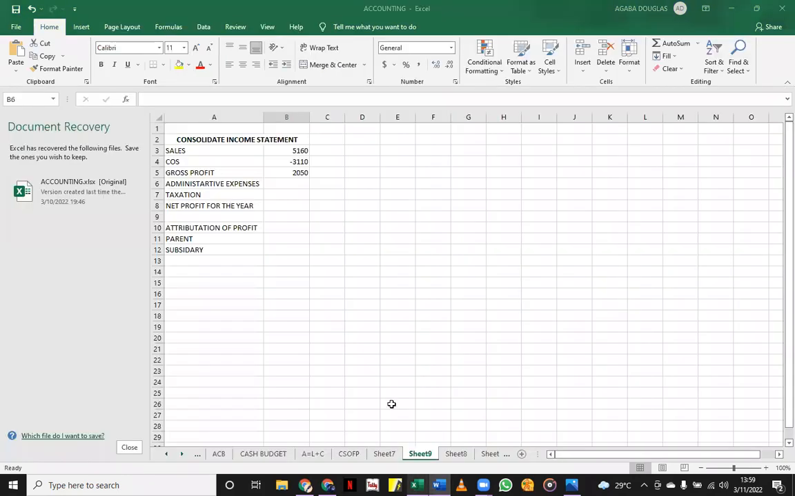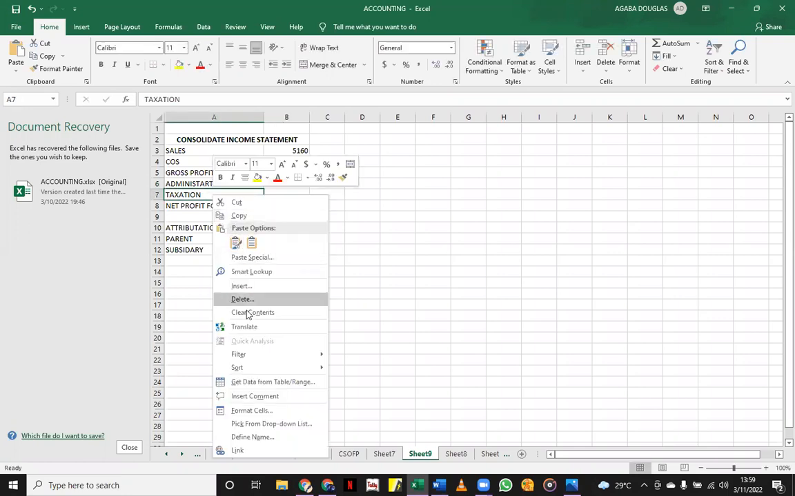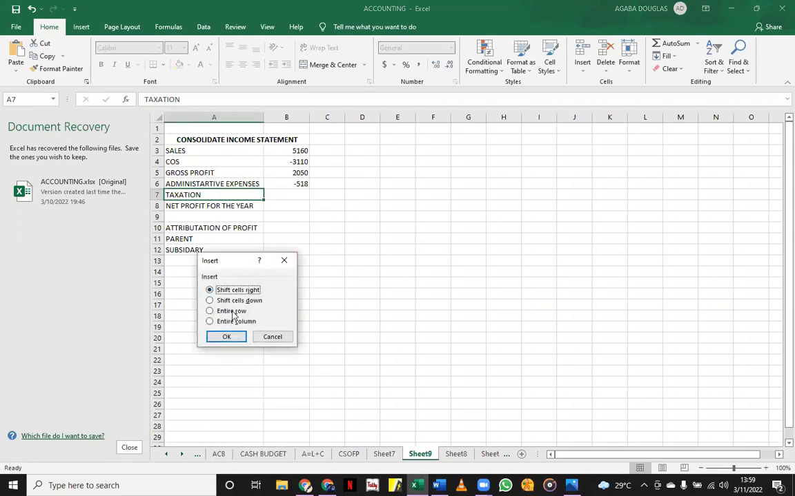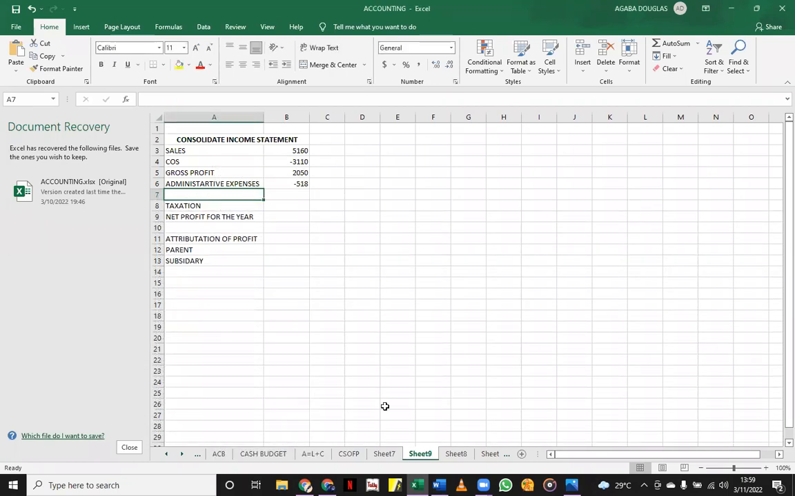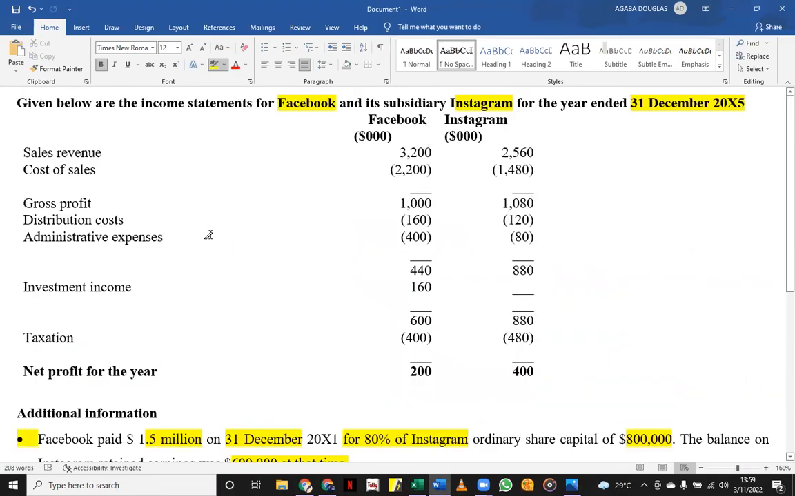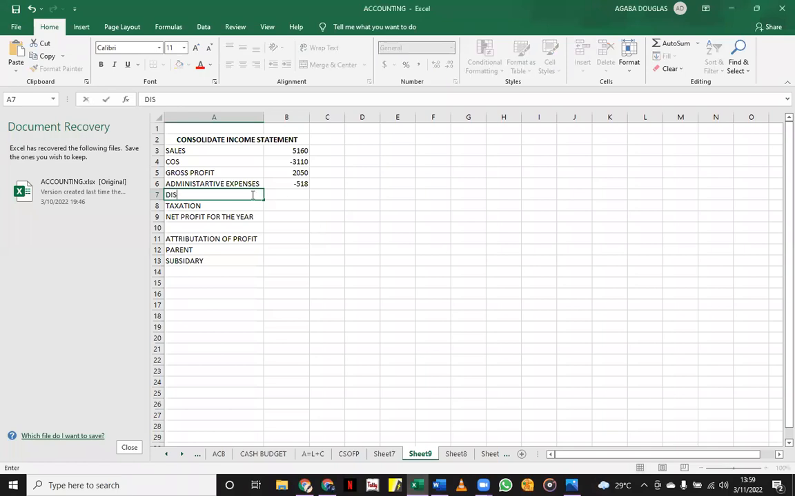And if we do that, then we are going to get our administrative expenses as 518. And then we will also create space to bring in another expense that I had not catered for, and that is going to be the distribution cost. The distribution cost of 160 plus 120. So I will come and then I simply say distribution cost of 120 plus 160, and then it gives us